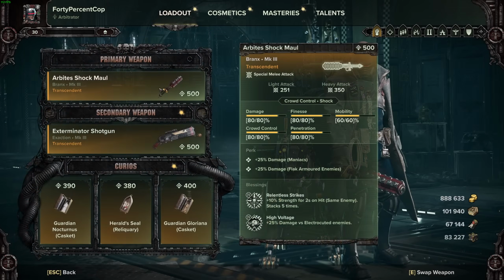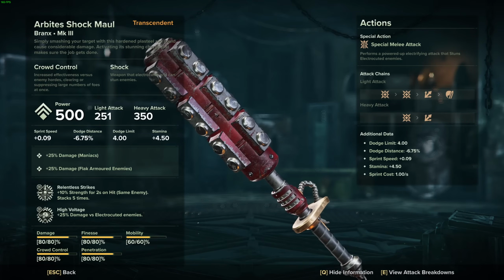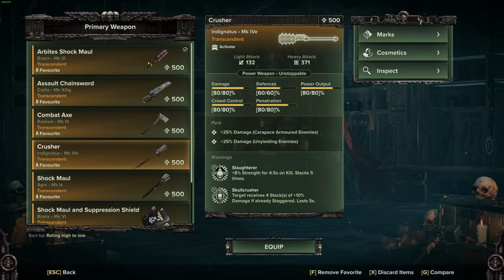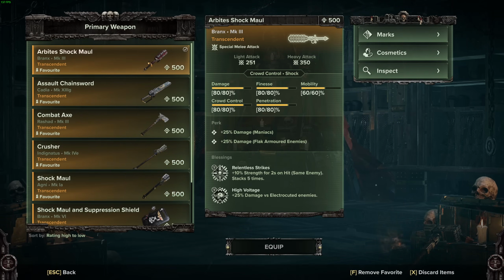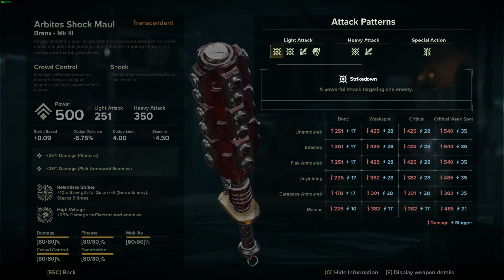This thing is absolutely brutal. It trades some of the utility and the ability to amplify damage that other weapons such as the Shockmaul and the Crusher have for raw damage. So look at their raw damage numbers, and then compare that to the RBD Shockmaul. 250 on a light attack, 350 on a heavy attack. That's some serious stuff. This is helped even further by the fact this thing has a 1.7 times critical multiplier,